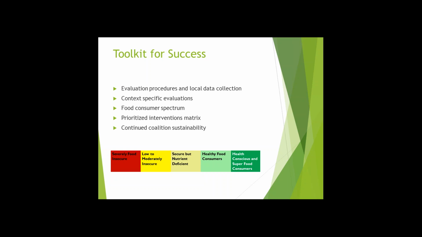So one of these things, which you see below, is the food consumer spectrum, which we've hopefully set up in a way that will allow people to monitor the progress of their coalition, with the goal of moving individuals from the red zone on the far left of the severely food insecure along the spectrum to healthy food consumers. And with our toolkit, it shows what interventions might be targeted towards the low to moderately insecure group, or what interventions can be used to make sure that the healthy food consumers maintain their positive diets and